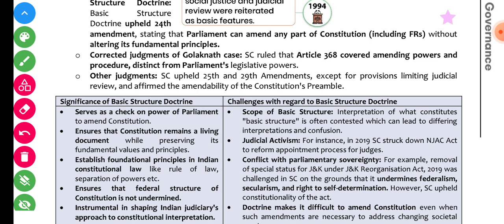So remember this. And in other judgments, the Supreme Court upheld the 25th and 29th amendments except for provisions limiting judicial review and